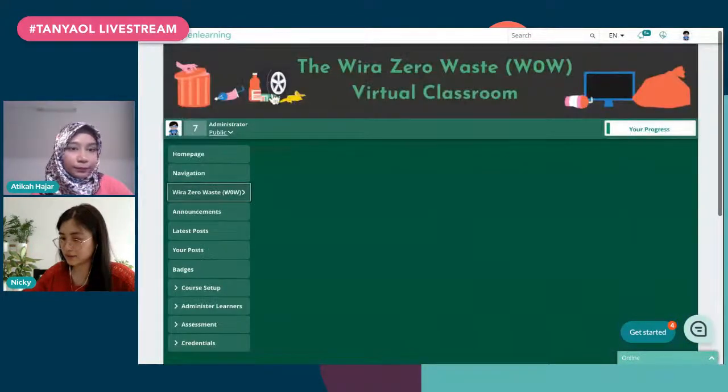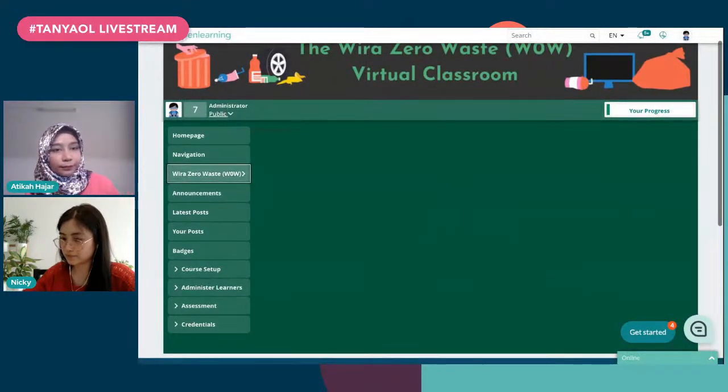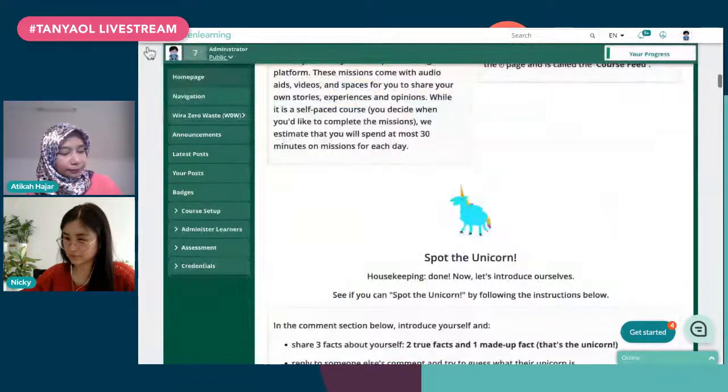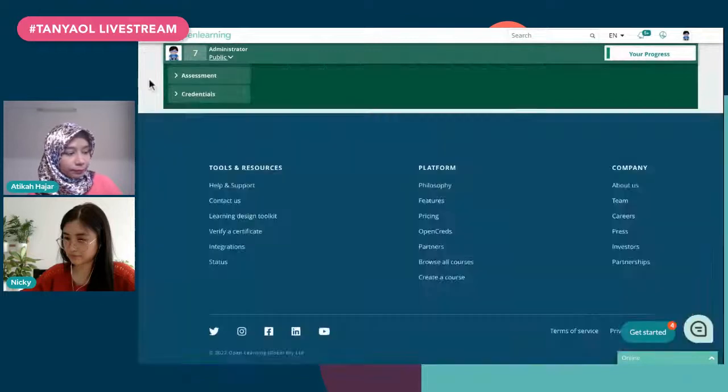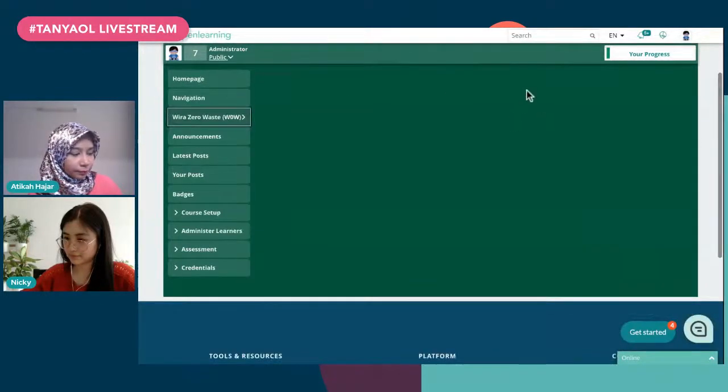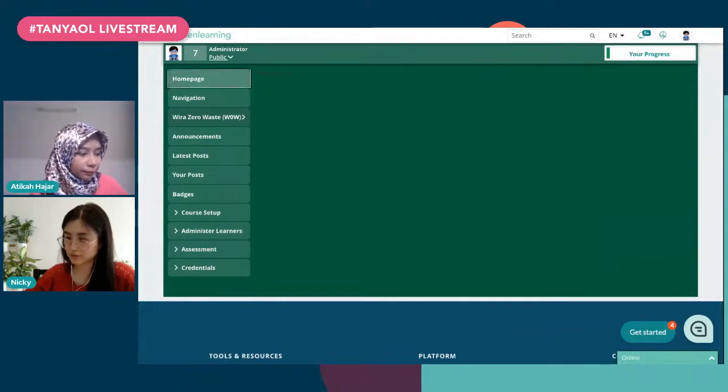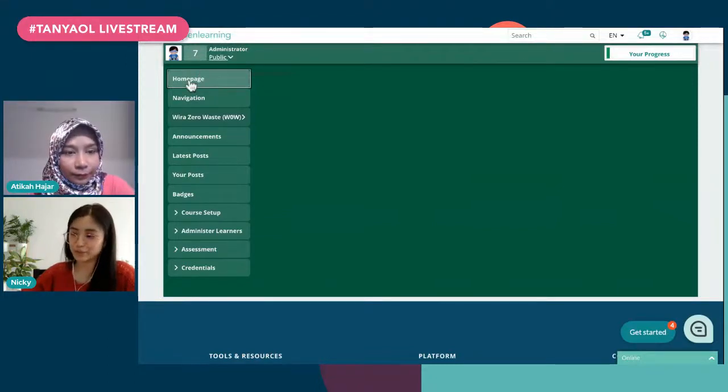Okay, let me refresh. Just try to refresh. But you'll see that it looks pretty much like the course design document, just in an OpenLearning format.